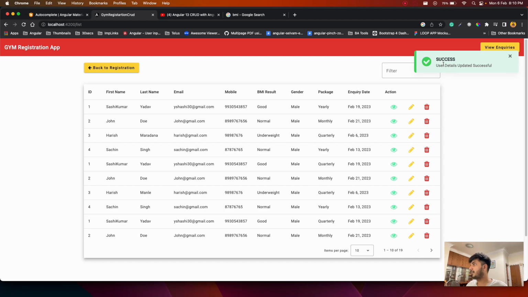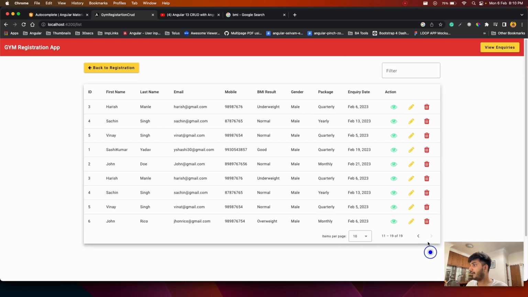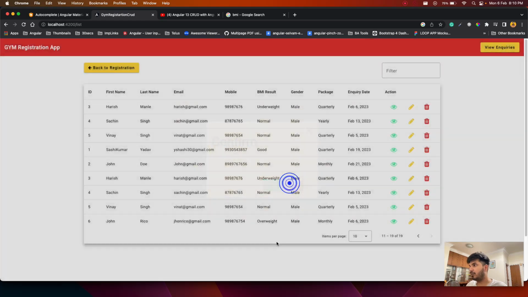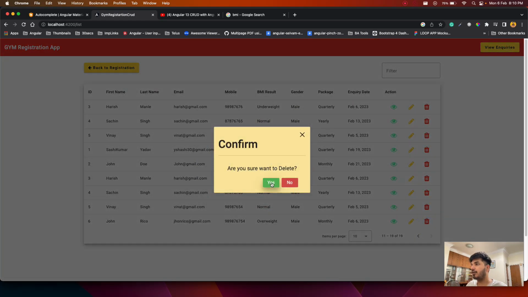See, once I click on update, I get a success message, updated successfully, and you can see my package got changed to yearly. Okay, now for example, I want to delete a record. So what I can do is use the third icon, which is the delete icon. Once you click on delete, I will get a confirm box asking are you sure you want to delete. If I say no, it will still be there, but if I say yes, I want to delete this record,